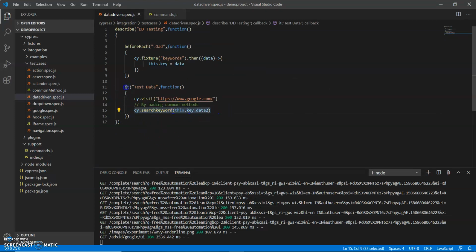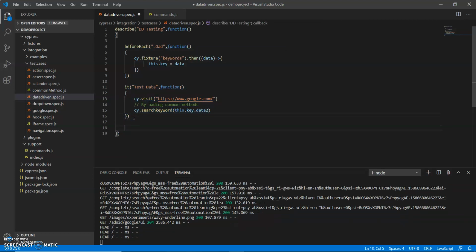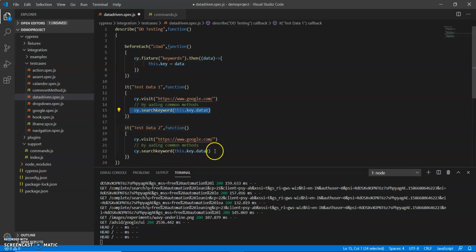If I need to validate different test cases, let me run this test data of 1 and this test data 2. I use the same method with different data. So we can test this type of data validation by using a common method, right?